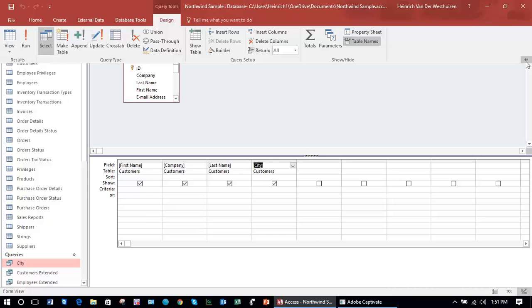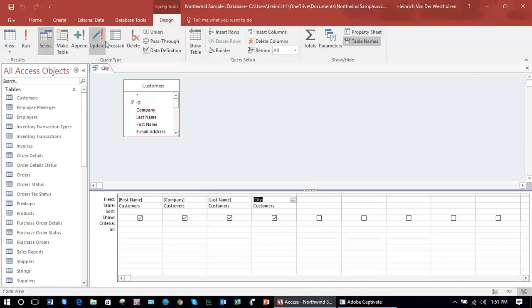The rest of the items on this ribbon show different types of queries, and I quickly want to just work through them, although we're not going to use many of them now, but I want you to understand why they are there and what they're being used for. The select query, as we said, is the simplest type, where we simply select particular data entities based on selection